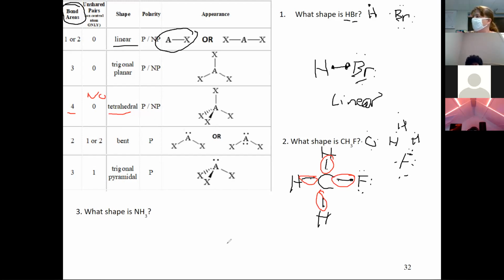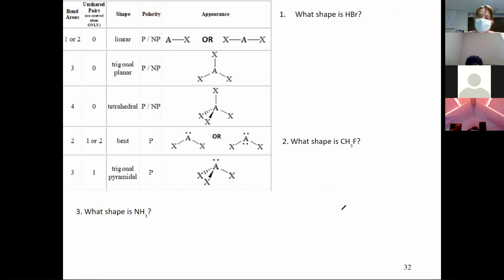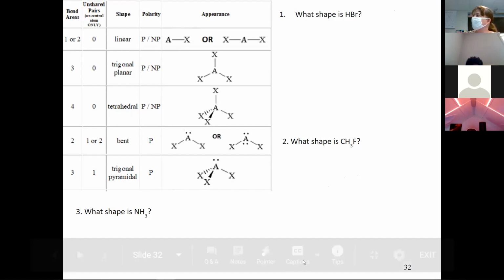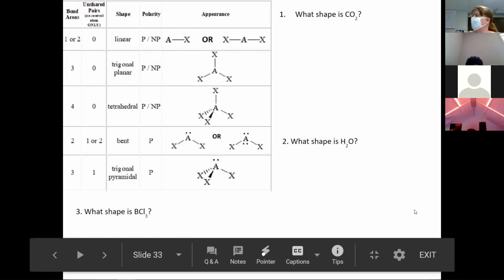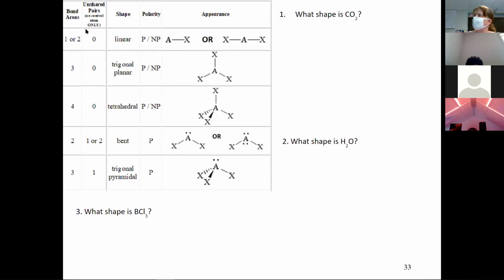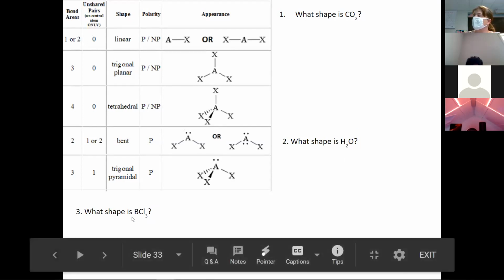So now you're going to do a little practice here. If you are using a printed version of the guided notes, these and the next page are in your guided notes. So you can pull those printed versions out and work on them. If not, you're going to want to do these on paper. So there are 3 examples that I'm going to have you do. You're going to figure out CO2. Again, draw the Lewis dot structure, figure out the shape based on this information, H2O. And this is BCl, as in chlorine, 3. So there's 3 chlorines and 1